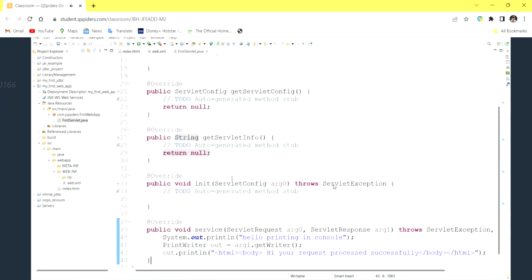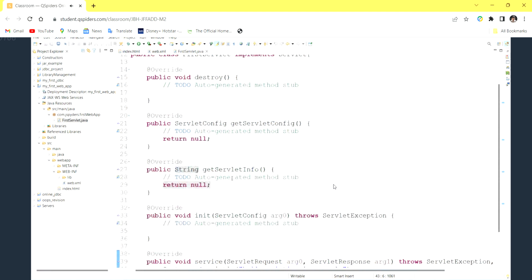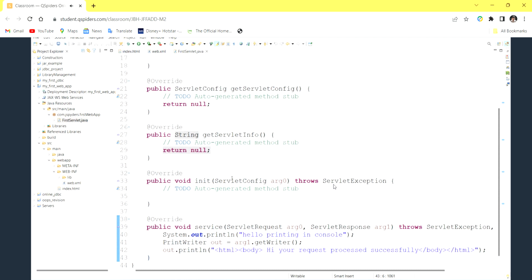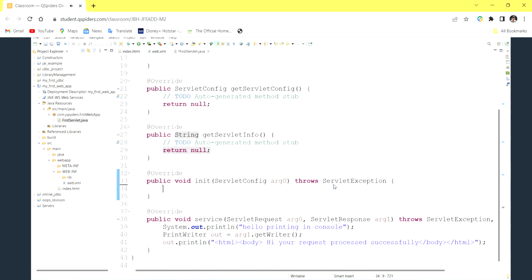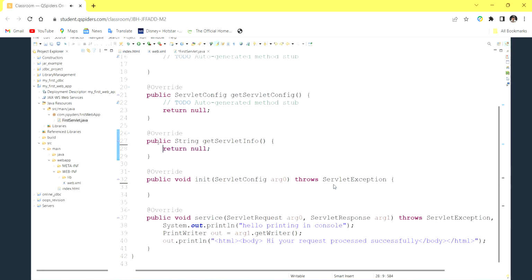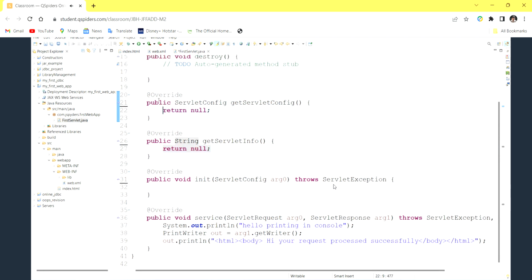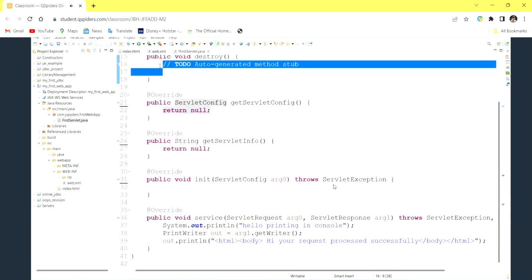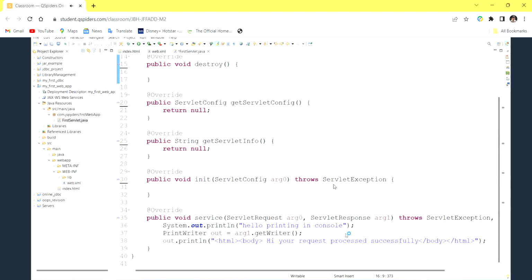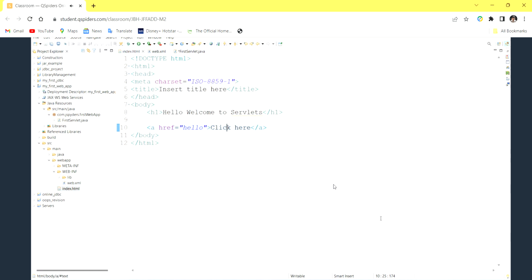So today's class is very, very important that you have to understand. Because in the entire servlets we are going to do the same thing, but small modifications will be there. But we are going to understand this only. So we don't need the comments. Comments are there also, that's not a problem, but we are not interested in the comments. So first of all, to understand this entire process, we have to understand something called